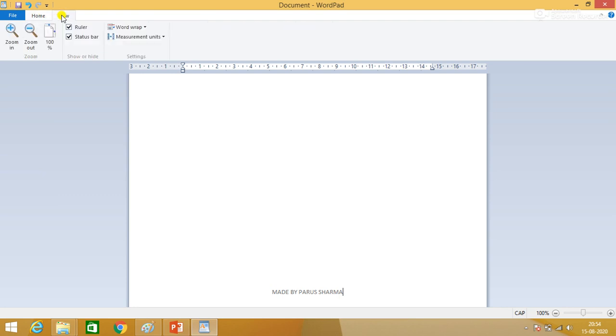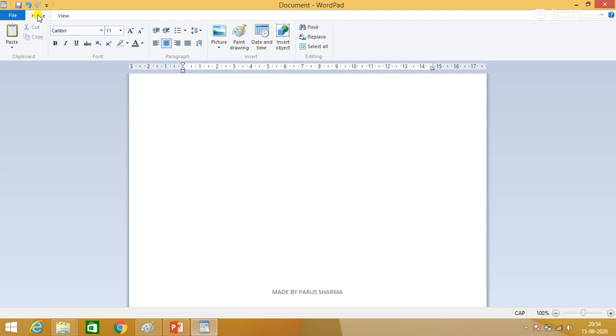In the View tab we have zoom in and zoom out to make the screen bigger or smaller, and there is a ruler and status bar. Ruler means the scale which is above your work area. This white area is called the work area, and this is called the ruler.